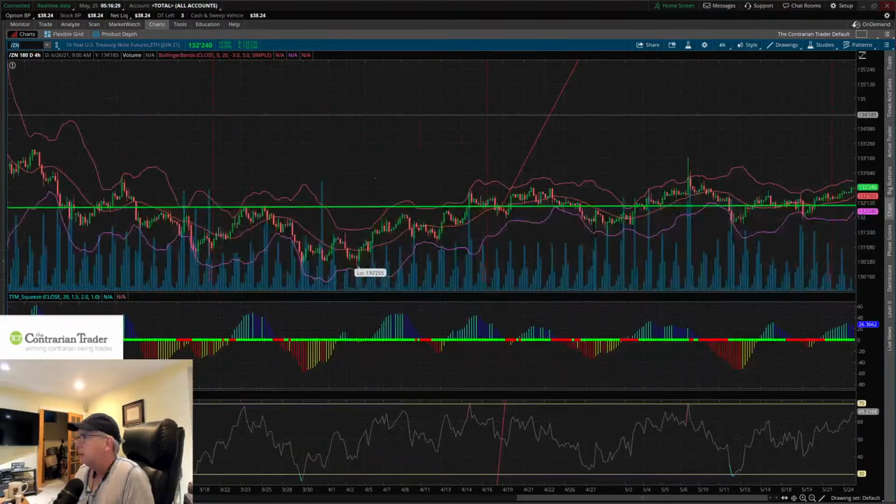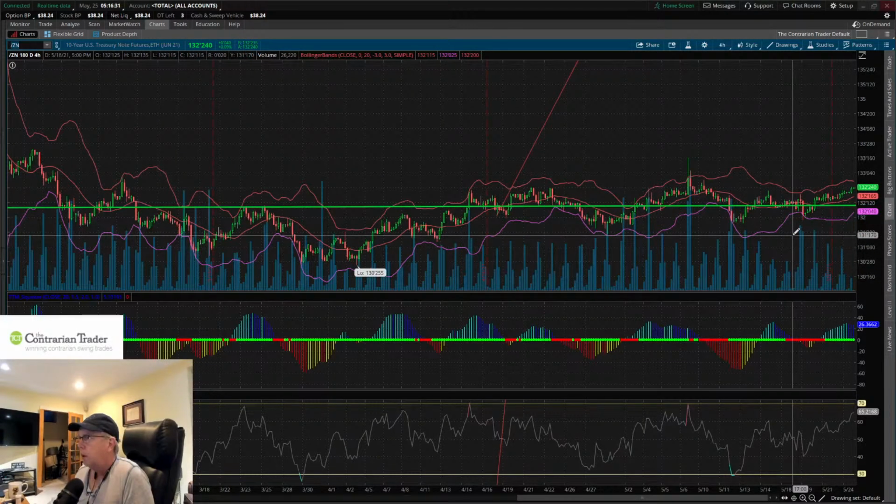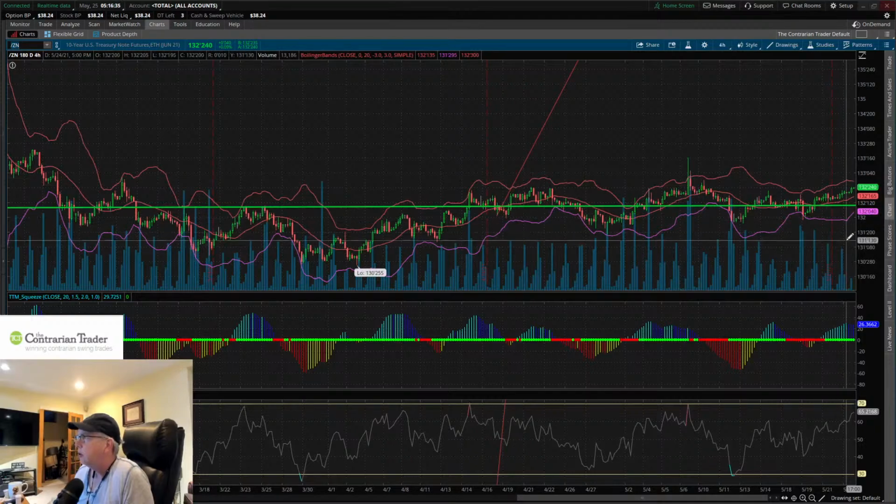And bond prices, this makes sense. Bond prices are moving up. Therefore, yields are moving down. That'll help put a bid under tech stocks. So, with that being a known,